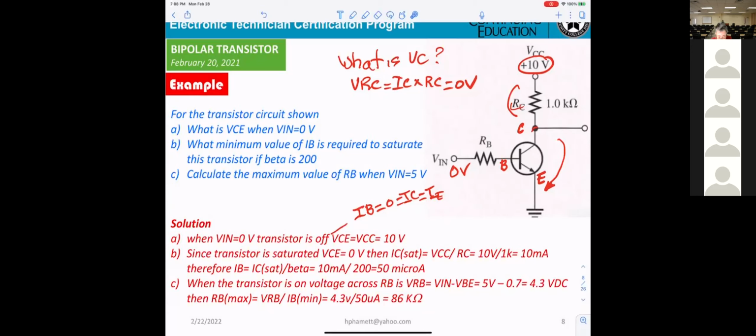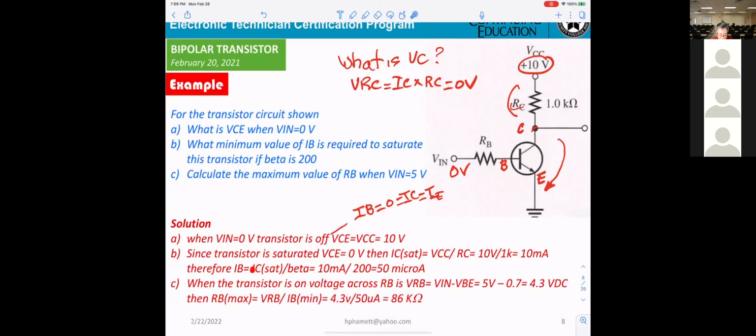So if you see number B, it says if the transistor is already saturated, then the current IC will be equal to 10 milliamp. And if it is saturated, they want to recalculate at saturation what IB equals.